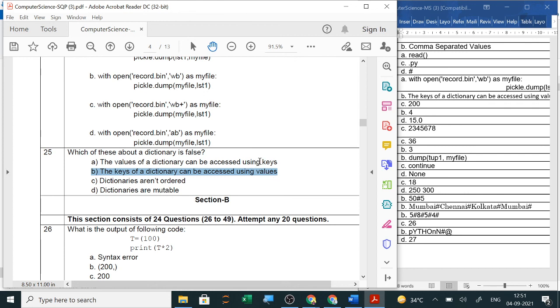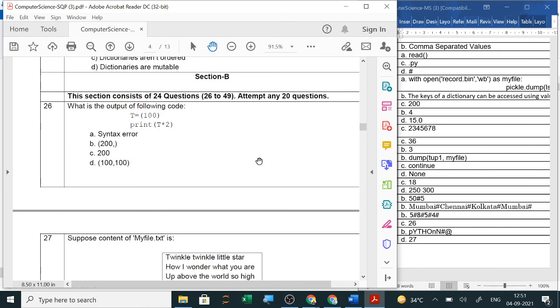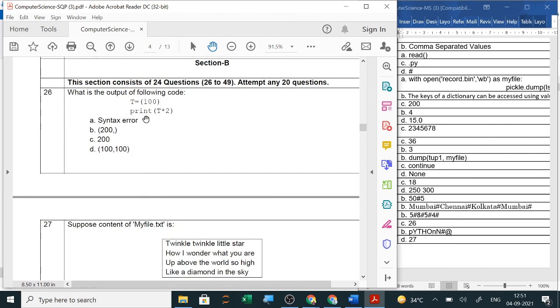Now this was your section A, 25 questions were given. So now next is your section B. I think little bit descriptive part. So section B we will start